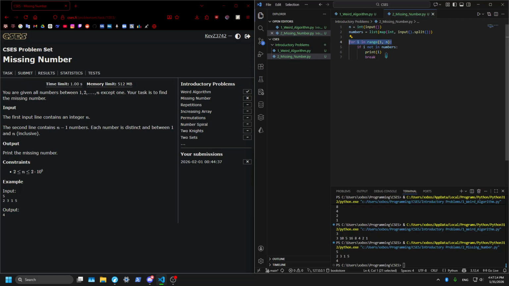If I in range, so this is O of N, then not in, if length of N minus... so it's like N squared, which is not good. This does remind me of